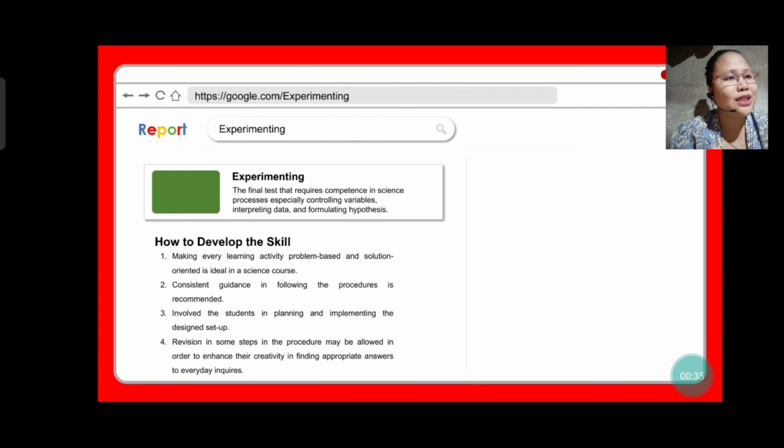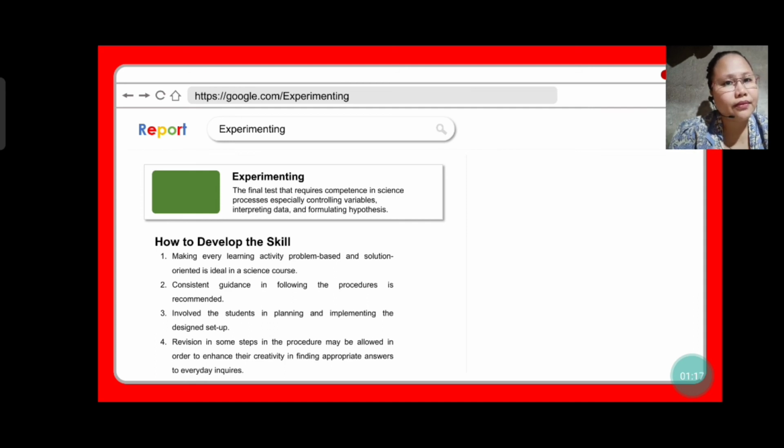So, since you will experiment, it should be problem-based. And then, of course, since it is a problem, dapat nasa siya solution. It is an ideal science process. Then second, consistent guidance in following the procedures is recommended. So, di ba? Pag experiment, there should be instructions. There should be a step-by-step process that is given to the student. And the students need consistent guidance to follow those procedures to make accurate results of their